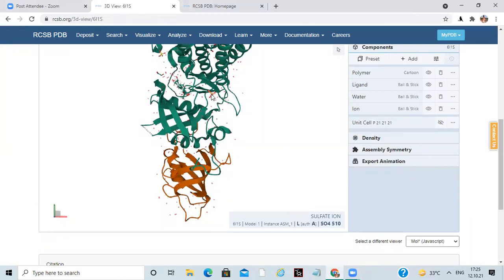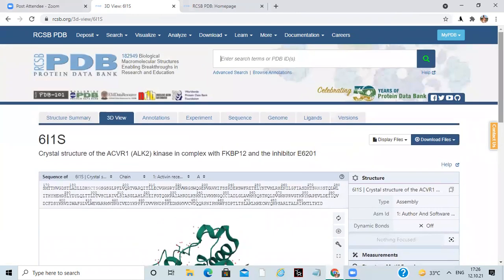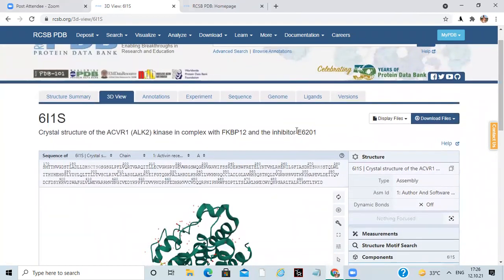I am guessing something like here is an SO4 molecule, so like sulfur dioxide, and here it is a chemical molecule which is acting like a ligand, a chemical moiety which is complexing molecules. Basically these are chelating agents, which are used when we are crystallizing a structure. Here it is written, it is a structure which is complexed with this molecule and has an inhibitor like this.